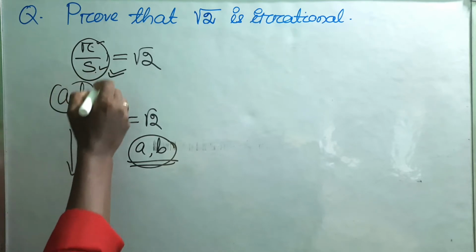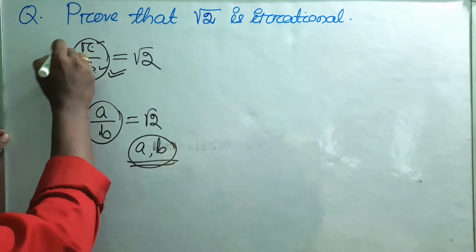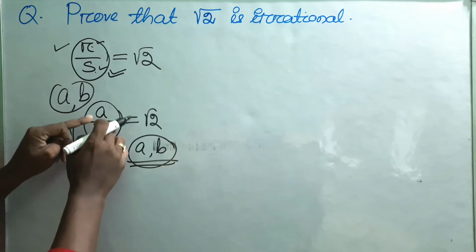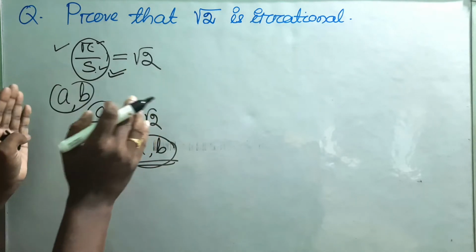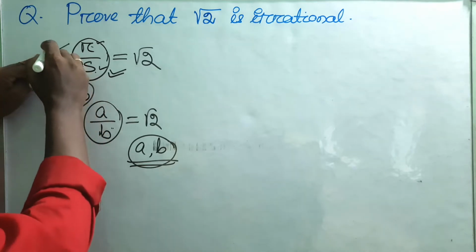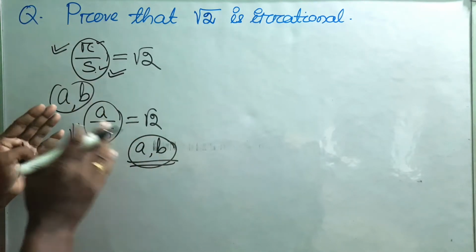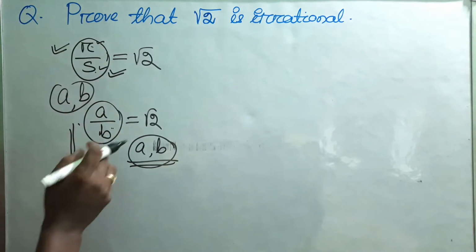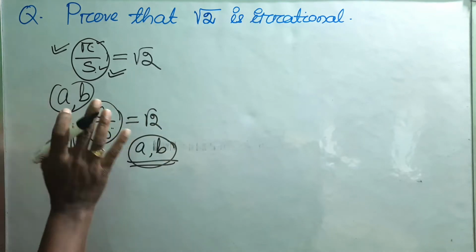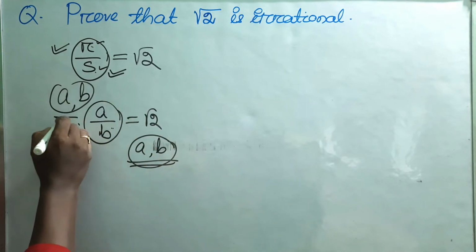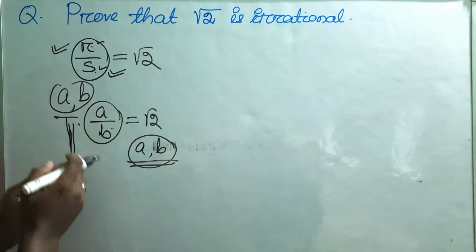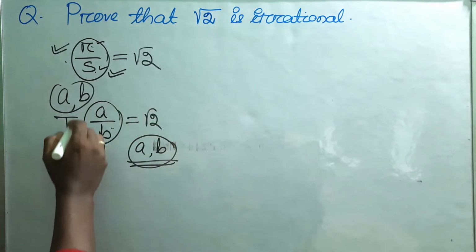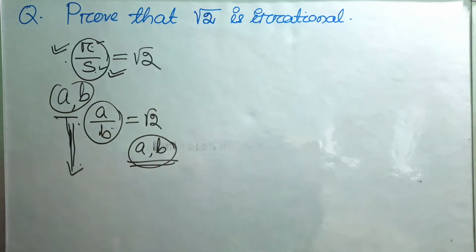But you need not worry, because you may omit this portion. Since we are assuming that root 2 is a rational number, you can start from here, because we are taking A and B as co-prime. According to the definition, you can start from here. If you start from the other place, it is okay, there is no problem at all, but it will be a little bit lengthy. So you may start from here or there, that does not matter. But I recommend you start from here, because it will give you full marks. If you start from here also, you will get full marks in the question.